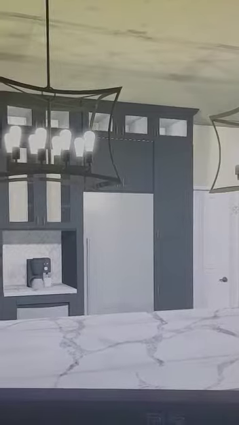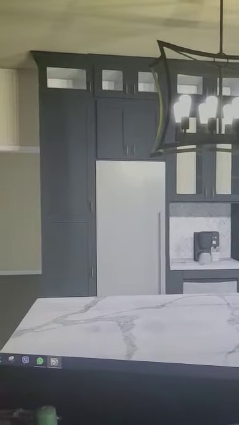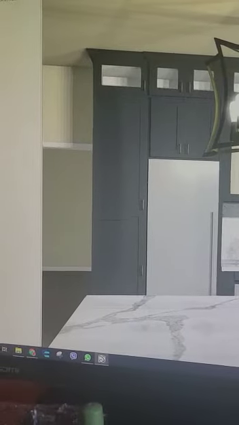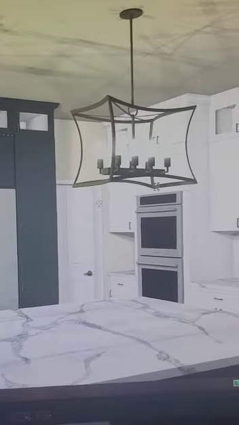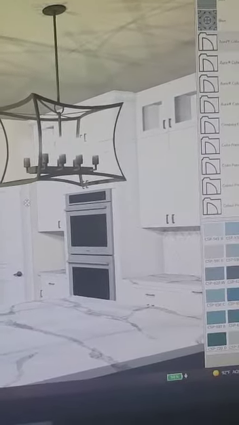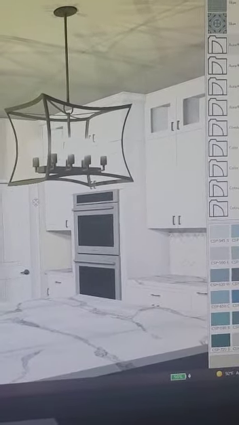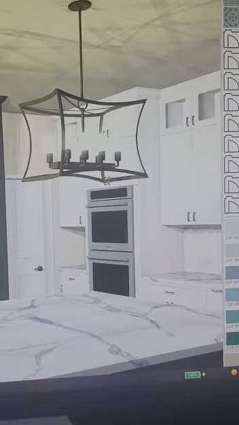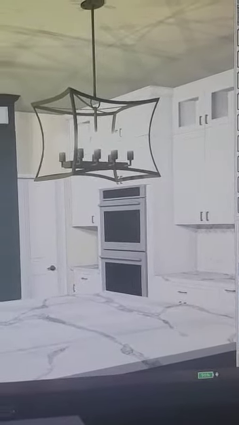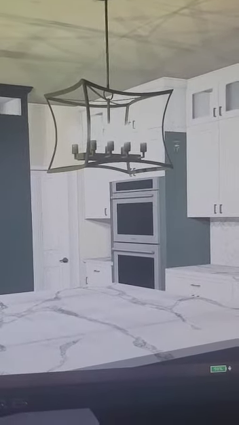And this is a different view. While we see the picture in 3D, we can also change colors of the kitchen. For instance, you decided you no longer wanted a white kitchen. You want gray everywhere. So by clicking a few buttons,